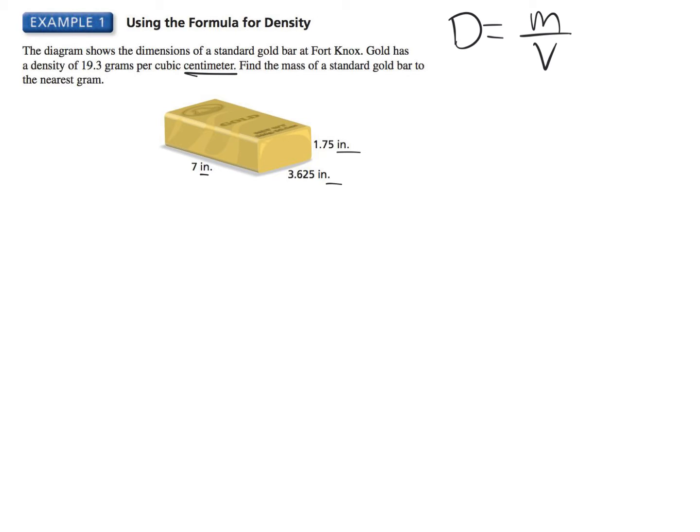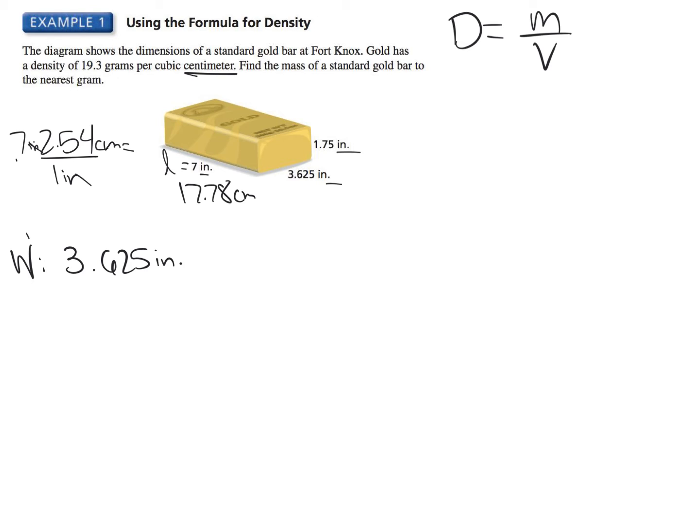So first off, we'll call L the length, which is 7. So 7 times 2.54, if you guys think dimensional analysis, centimeters over 1 inch, the inches cancel, and you'll get 17.78 centimeters for the length. The width is